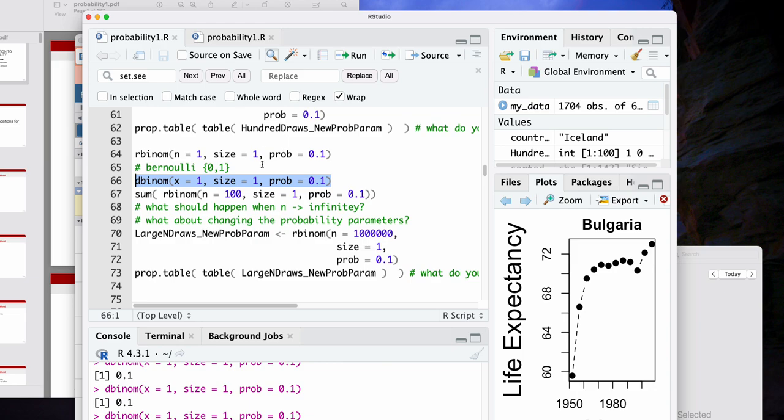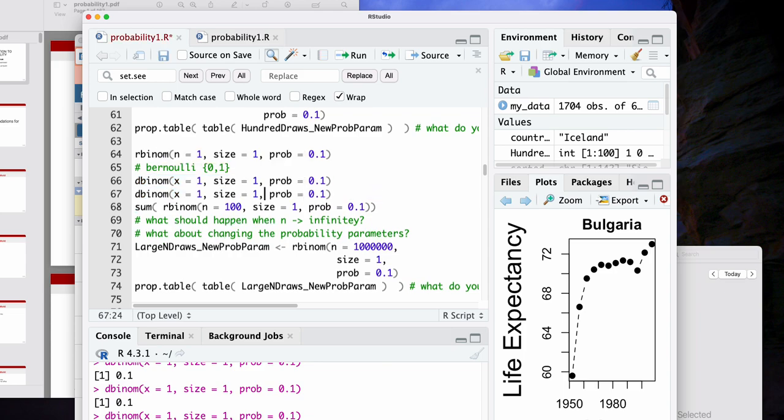Yeah. So just to put it one more time, D binomial evaluates the PMF, and remember, the PMF is defined differently for different inputs. It's a function, so if you give the PMF a 1, it's going to give you an answer that's different than if you give it a 2, and different than if you give infinity. If you give this function infinity, does someone want to say what, or maybe that's kind of tricky. Well, what about 1,000? So what is going to be the output of this? Or maybe you can try and tell me why it is the way it is. So what should this be?